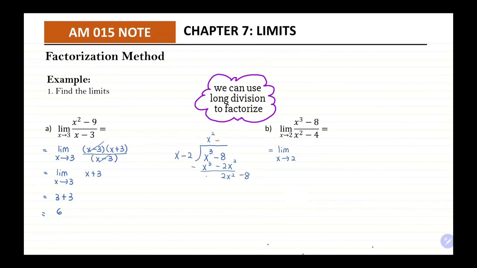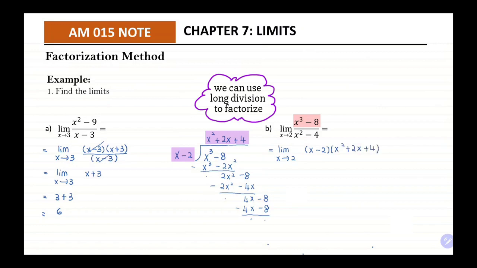Then we add 2x, and we get 2x squared minus 4x. We subtract, we get 4x minus 8, so plus 4. Then we get 4x minus 8. Then subtract, no remainder. Okay, so x cubed minus 8 is x minus 2 times x squared plus 2x